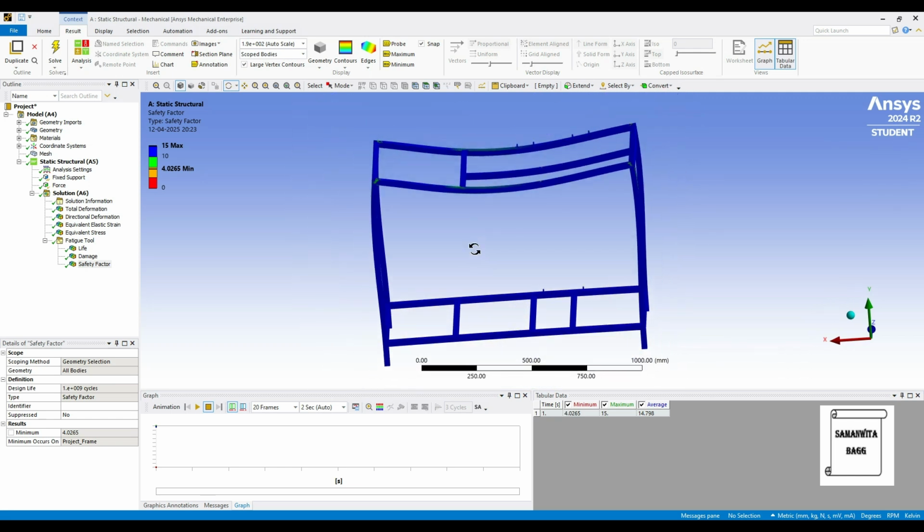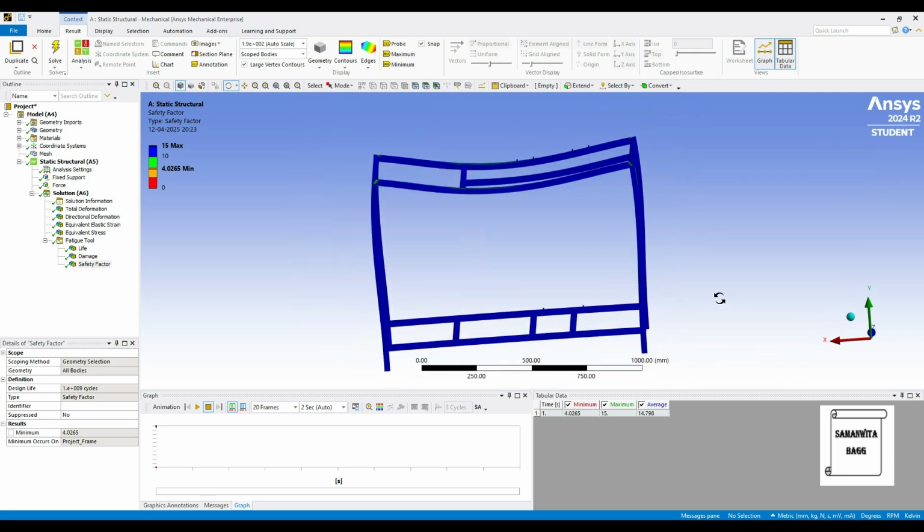But again under this loading your object is completely safe. Now if you want to analyze further, rather than going to the actual frame here in this simulation, you can add and increase the value and you can see what will be the reaction. And what is the amount of safety factor you expect, what is the displacement you expect, you have to decide that, and then accordingly you can judge what will be the maximum loading which you can give on this frame. So that's how you do a static structural analysis of a frame.